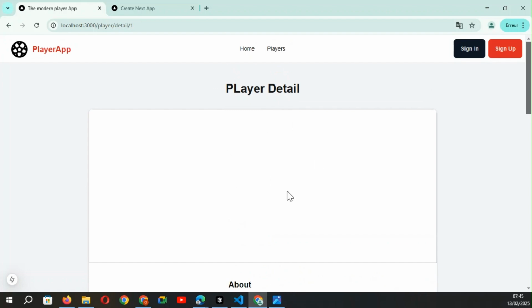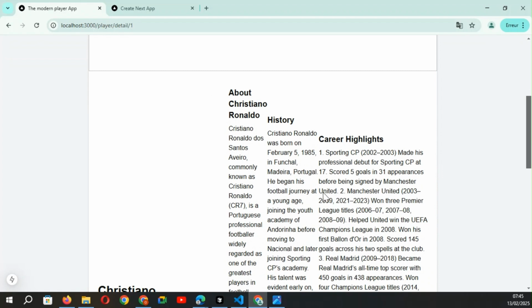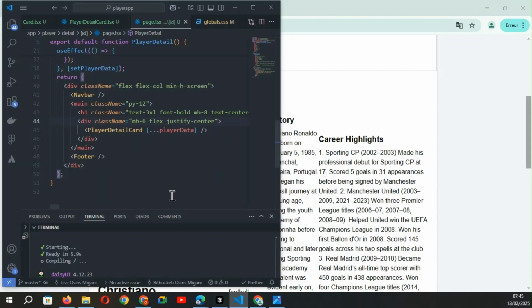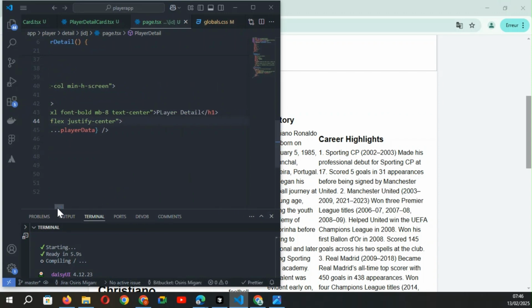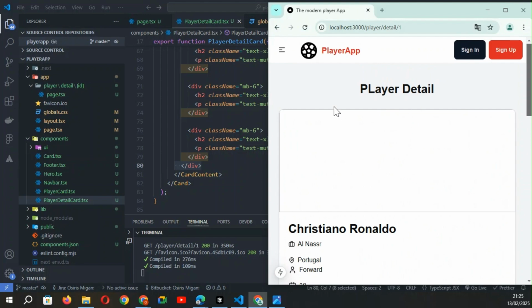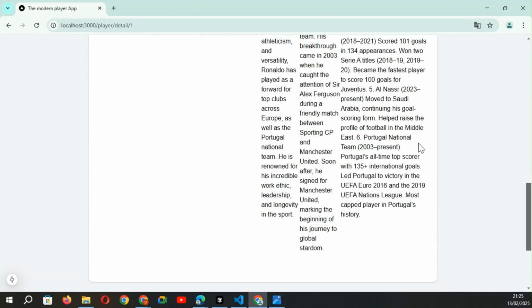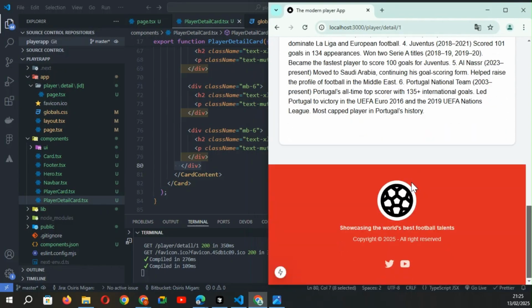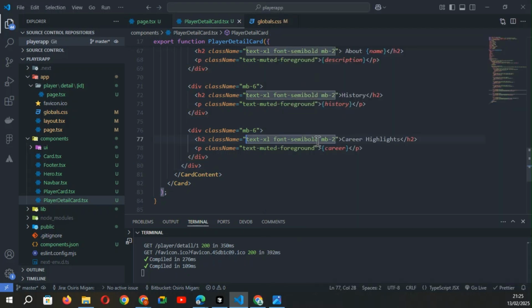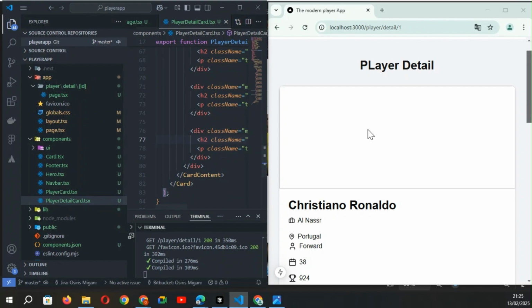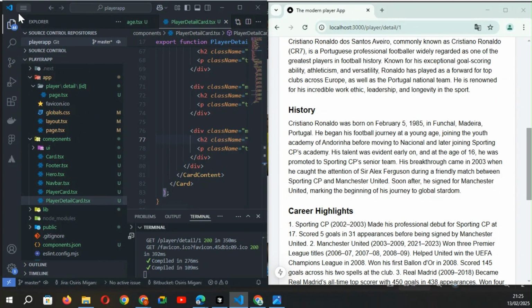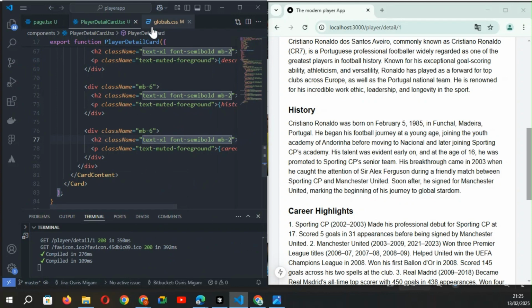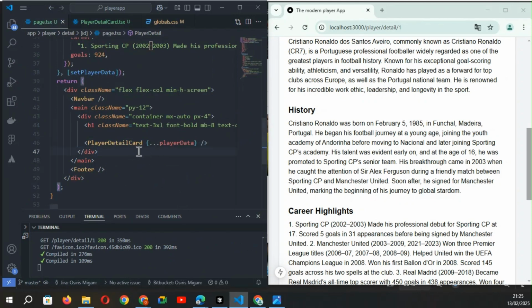I have the place of my image, player detail. So now, what is the problem here? On mobile device we don't see the error, but on desktop device we see the error. So if I see my page,